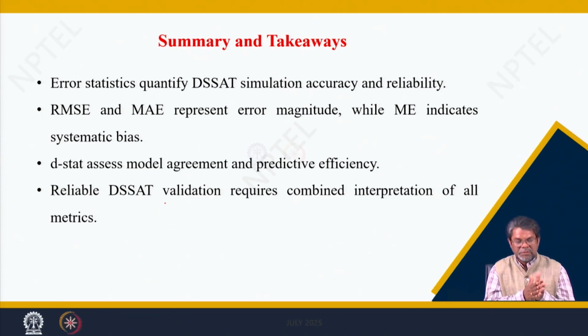For this you need the level 1 data set, that is the weather parameters, soil parameters, cultivar parameters and management, particularly for running the models. In addition to the level 1 data sets, you need the crop performance information: the phenological events, the flowering, the tillering, as per the crop, and the crop-wise biomass, the growth outputs, the yield components and the yield outputs. Those are required for the model performance evaluation.